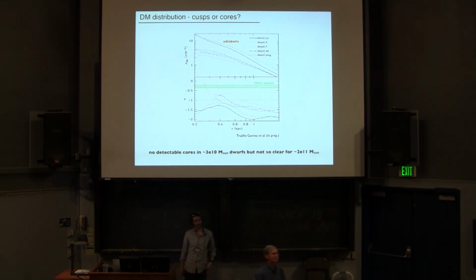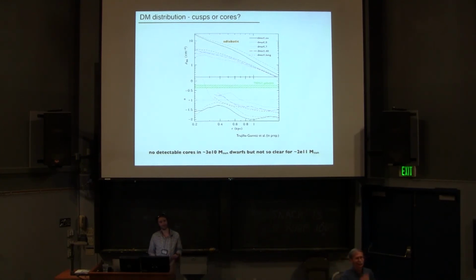I just wanted to comment that you said your results are not consistent with core formation from supernova feedback in the gas sims. And I just wanted to say that at that virial mass range, what we find is exactly that, an alpha of about -0.7 for that mass galaxy. The thing is that it's tricky because it depends on whether you use stellar mass or halo mass, right? It depends on the stellar mass, but this is broadly consistent.